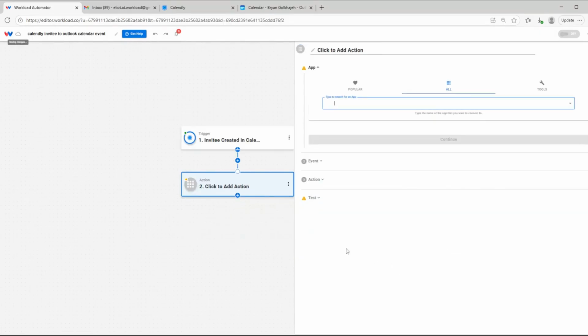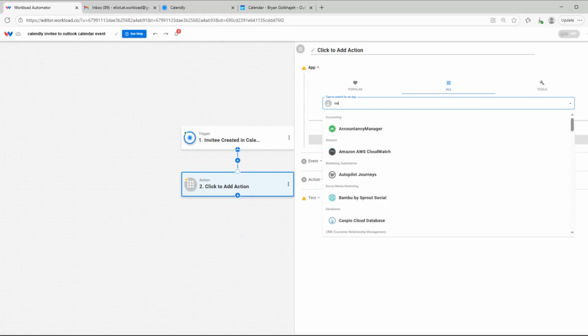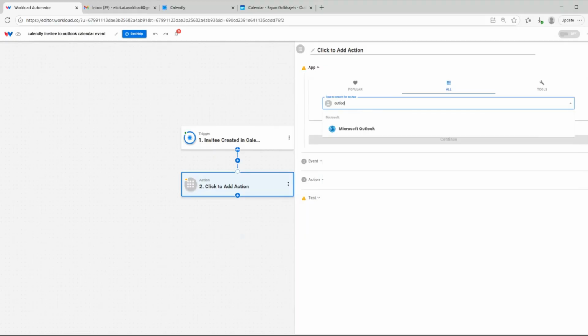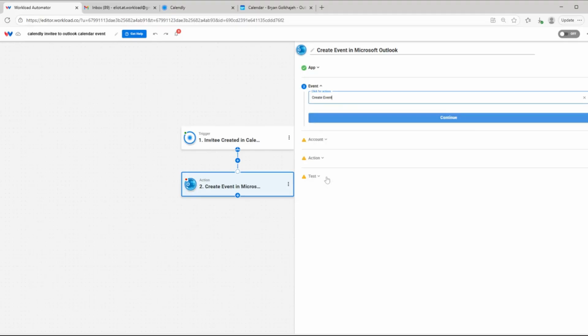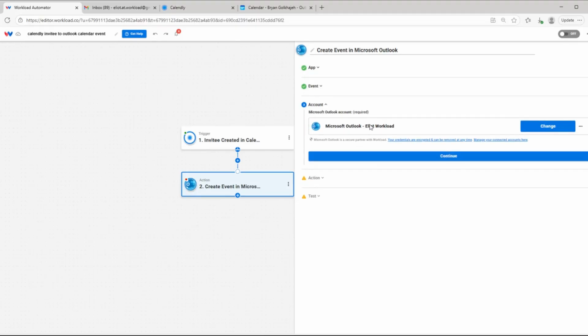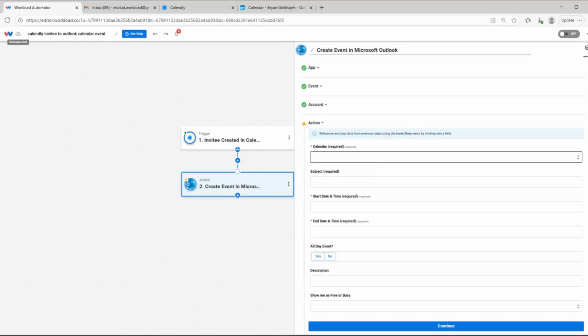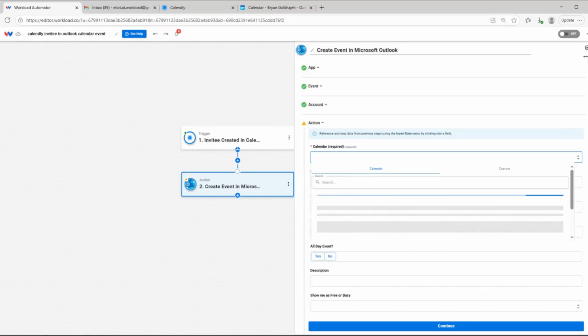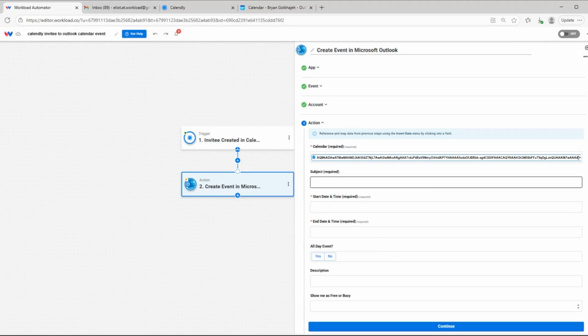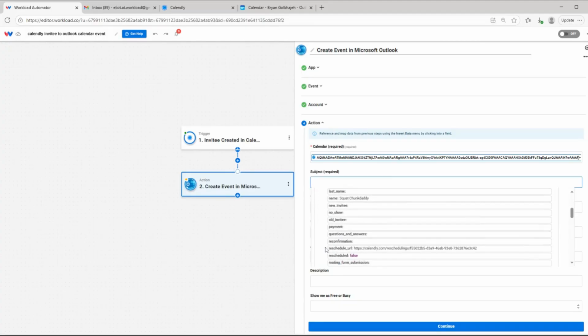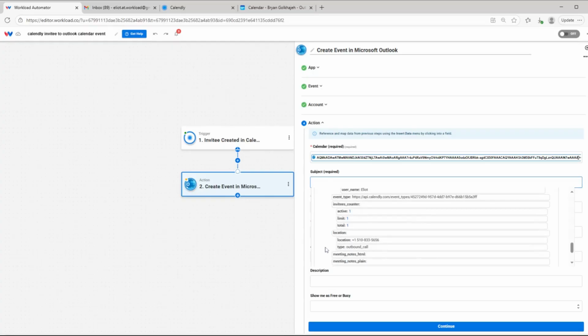So we'll click continue. For our action step, we're going to choose Outlook. The event is going to be create event. Make sure we're connected to Microsoft Outlook. The calendar that I want to put this event on is my regular calendar. So for the subject, I'm going to choose the type of event this is,